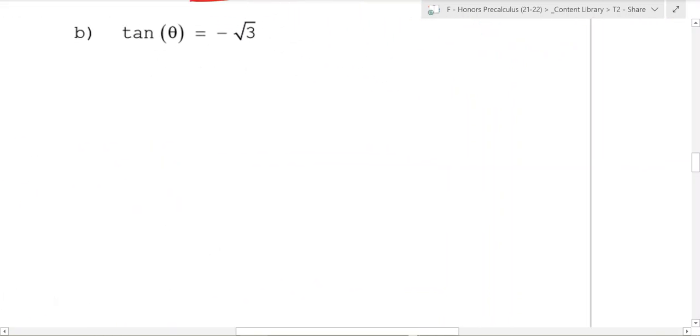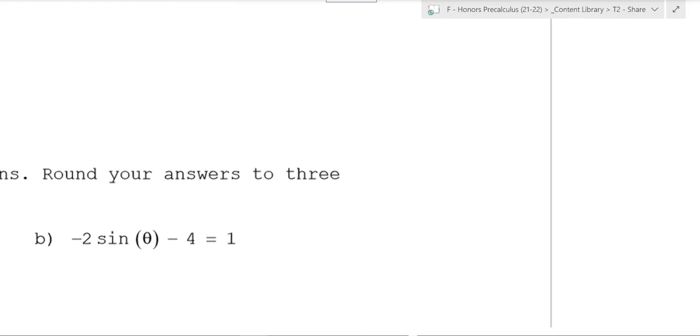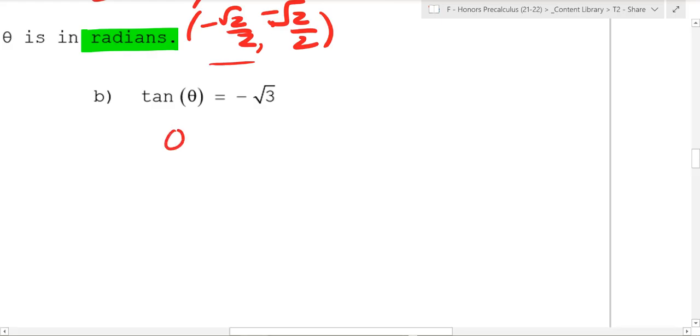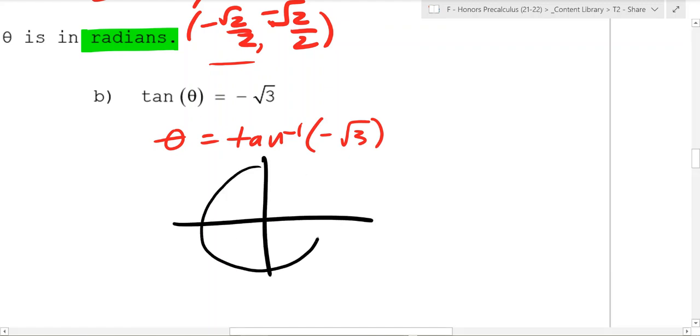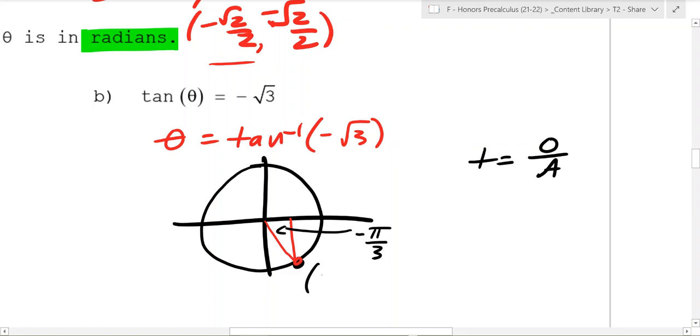Now what about tangent equaling negative square root of 3? So theta is going to be the tan inverse, the arctangent of negative root 3. So this is where you can draw your triangle, your unit circle again, if you don't remember this off the top of your head. But what angle has a tangent equaling negative root 3? So remember, tangent is, if this helps you, TOA: opposite over adjacent. So this is actually going to be right down here at this angle, which is going to be negative pi over 3, because at that angle measure, if you remember this,